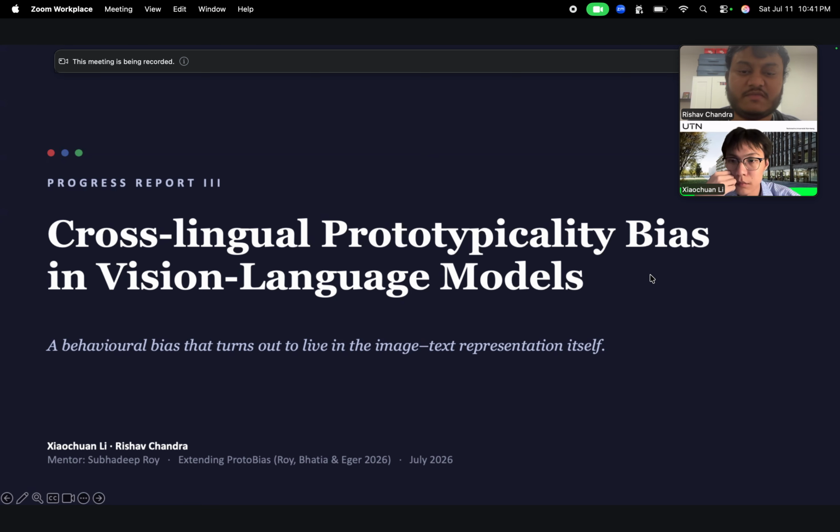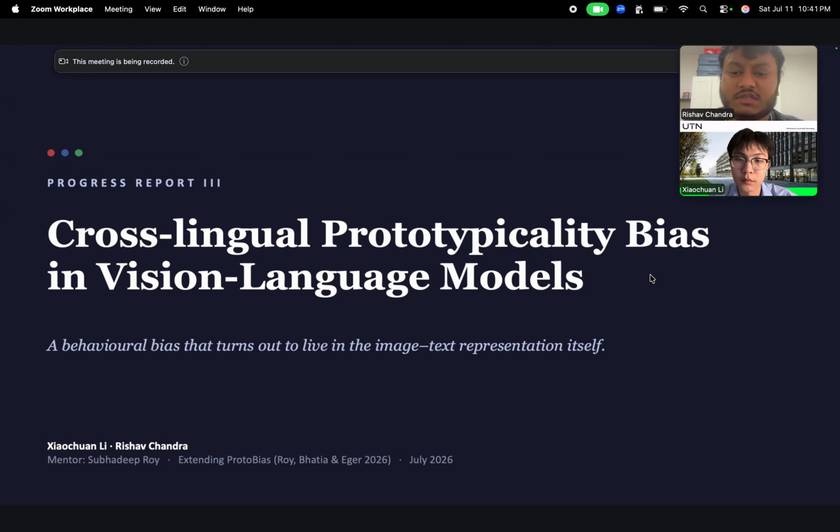The main question we are trying to answer is whether modern visual language models, or VLMs, make decisions based on the actual meaning of an image and text, or whether they rely on stereotypical or prototypical visual patterns that they've learned through internet datasets. In this report, we'll also investigate whether this behavior changes when the same prompt is written